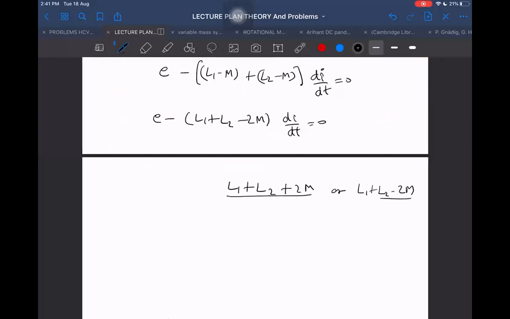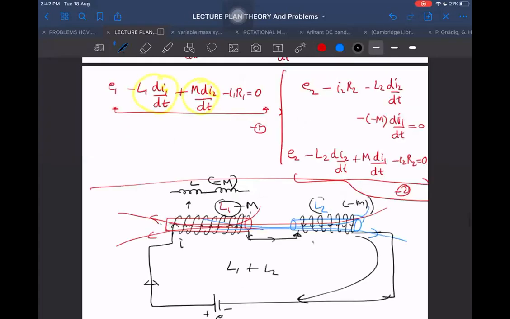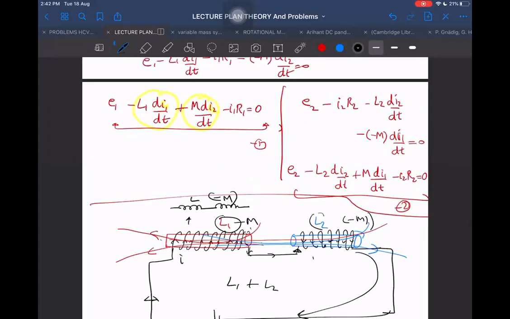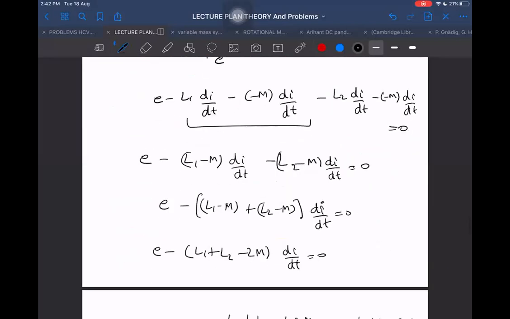So what is the series formula for inductance? If somebody asks you the series formula for inductance, some books are giving it wrong. They are just saying L1 plus L2. That is a completely absurd and wrong thing to do. Yes, if they are not giving us the mutual inductance, then obviously I have no way to do it. If they are not specifying the mutual inductance between these two inductors, then I have no option but to take the self inductance as L1 plus L2. That's it. I cannot do any other thing.